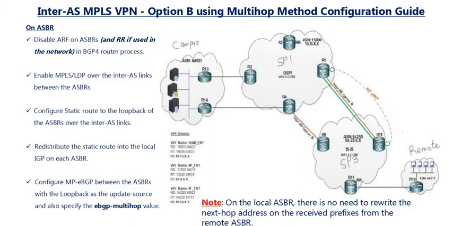Now, there are options that you can consider. Because you are going to be peering between the loopbacks, there is need for these routers to be able to reach the loopback directly without using BGP. And that is why you can use a static route in order to achieve this by pointing your static route over the two links. If you want to load balance, for instance, the static routes will be of the same